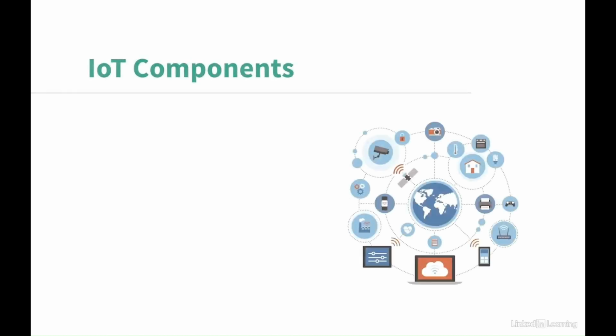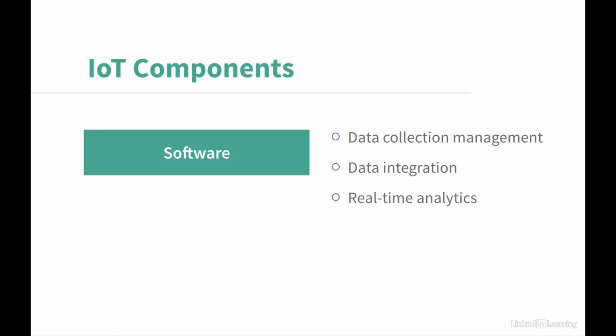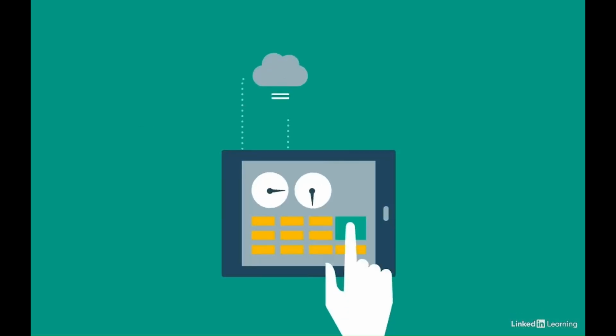The second component is software. IoT software is the set of programs which enable data storage, data processing, data transferring, and data analysis. Also provides data collection, data integration, real-time analysis, optimization, and communication protocols. IoT software also connects the hardware devices